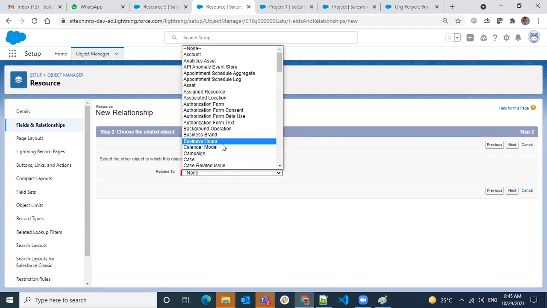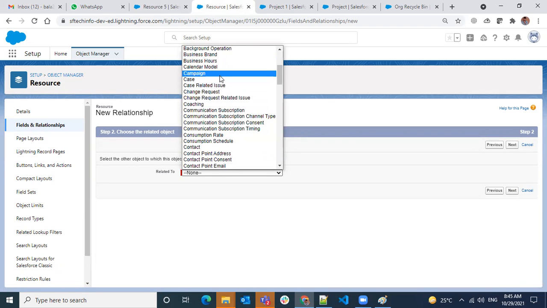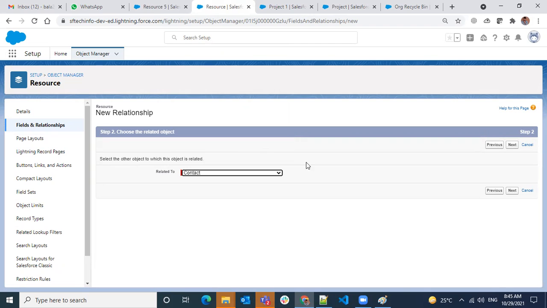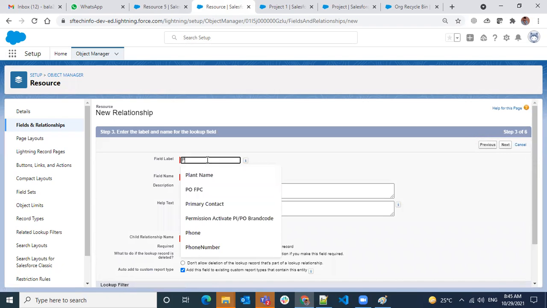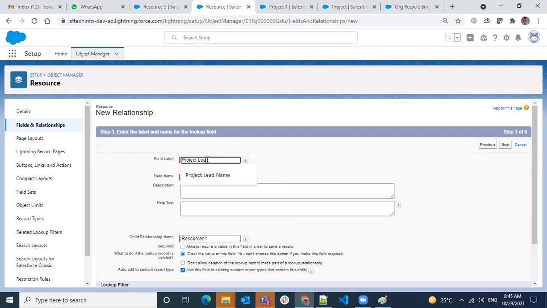Here I want to do it again with the contact only. In that contact, I want to store the project lead.